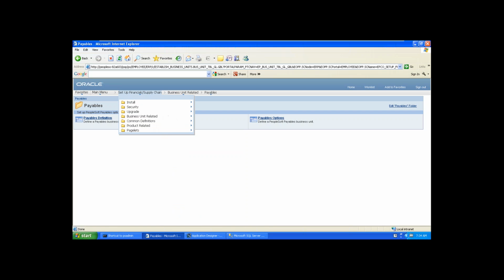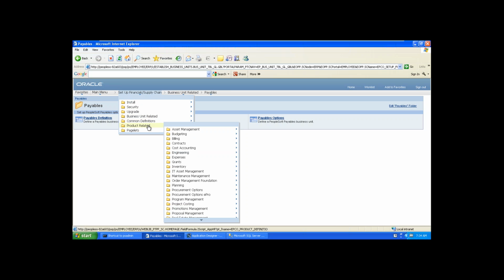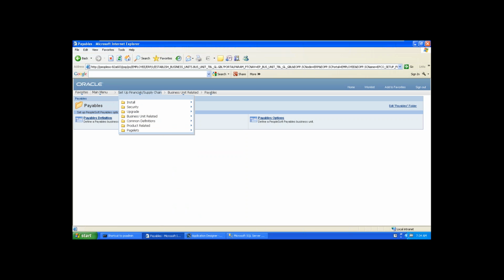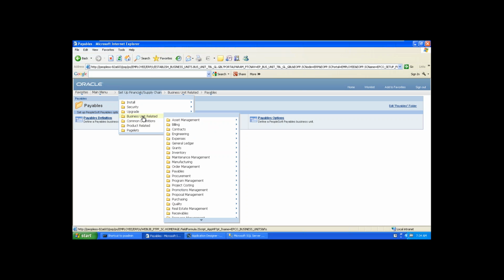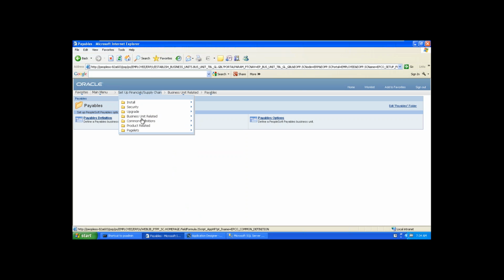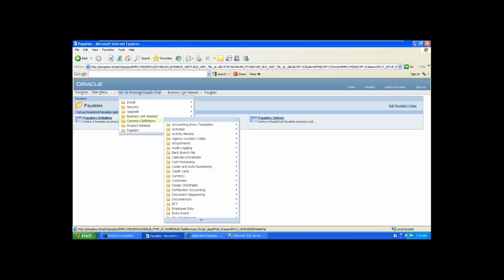So almost 80 to 90% of setups we can do under these three navigations: business unit related, common definitions, and product related. I just wanted to explain what the significance is and what the difference is among these three navigations. That's why I came here.